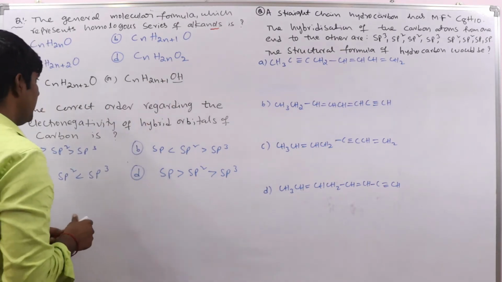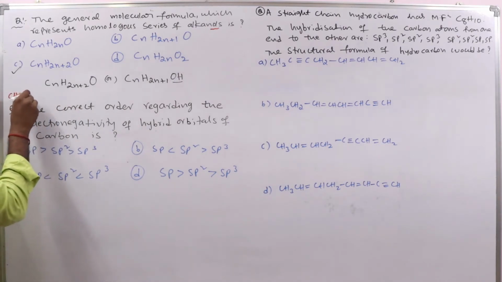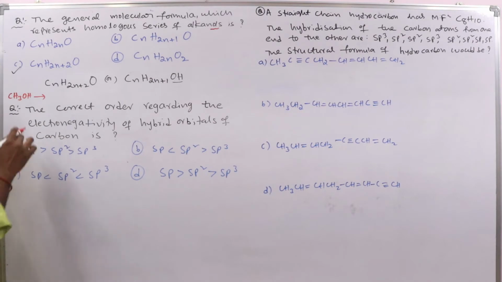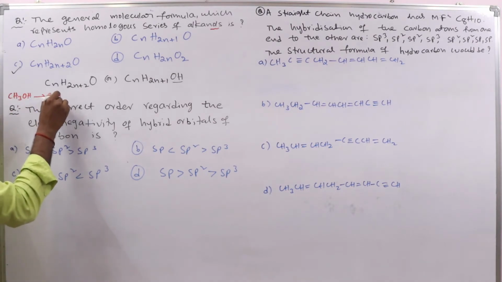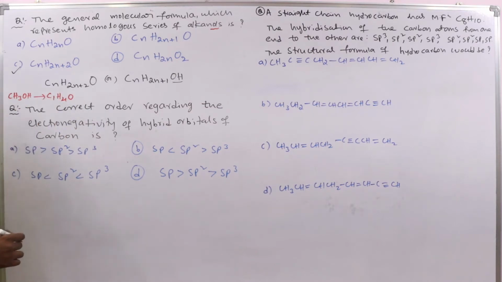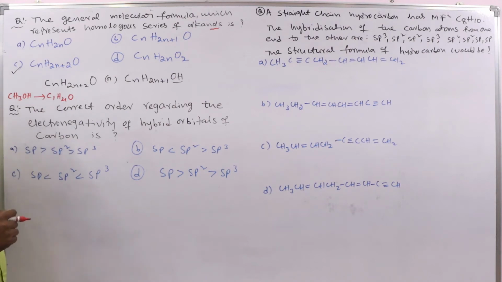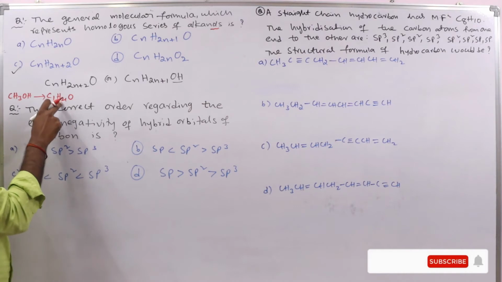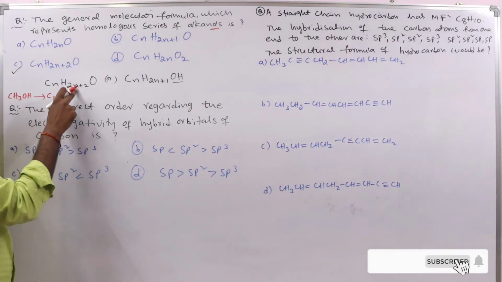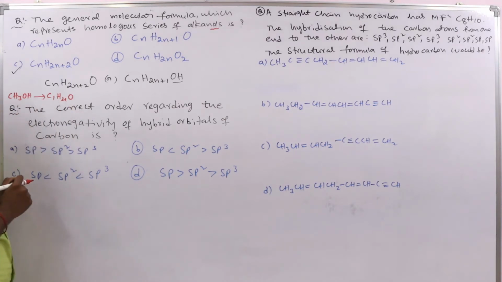So here, for example, let us verify this with CH3OH. How can we write this one? C1H4O. See, what is n here? Number of carbon atoms, right? n is equal to the number of carbon atoms. So C1, 2 into 1, 2 plus 2, 4, O. CH4O. Simply by removing the 1 we can write it like this, right?